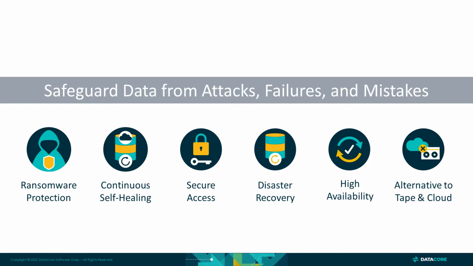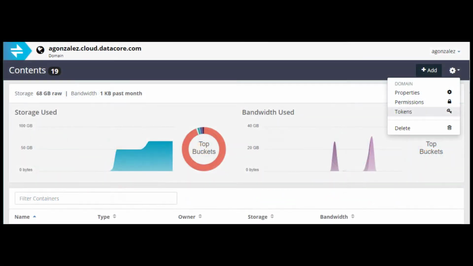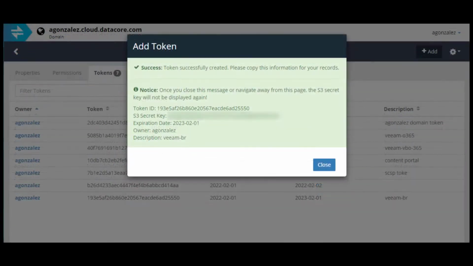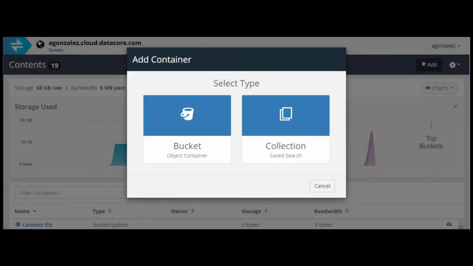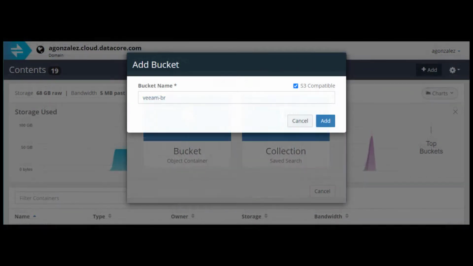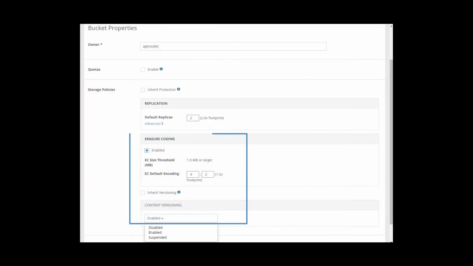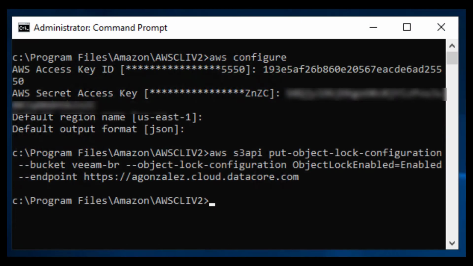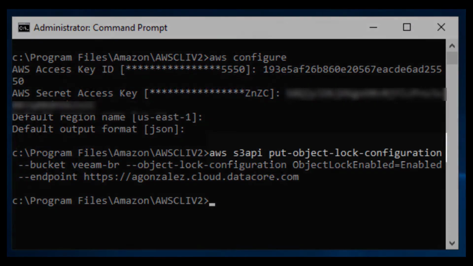and accidental deletions. The Swarm Content Portal enables you to generate an S3 token, save its token ID and secret key. Next, create a bucket dedicated for these backups with an erasure coding ratio of 4:2 and content versioning enabled. Object locks on the bucket are set via the AWS CLI tool from a Windows or Linux host using the